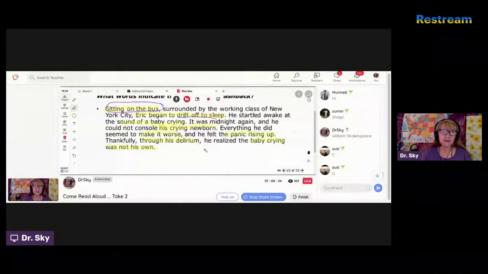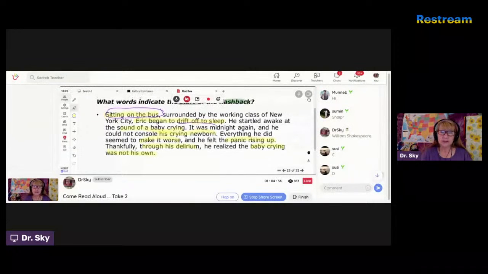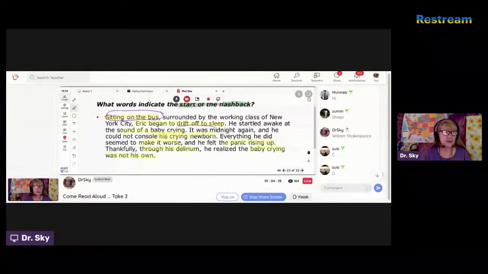Did he have a baby before? When did this all begin? When did he start thinking about that baby crying? When he heard the sound of a baby crying, did it remind him of when he had a baby, maybe in the middle of the night, and he couldn't get it to go back to sleep and stop crying?